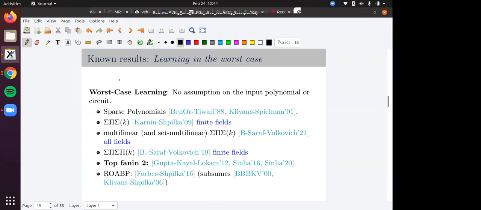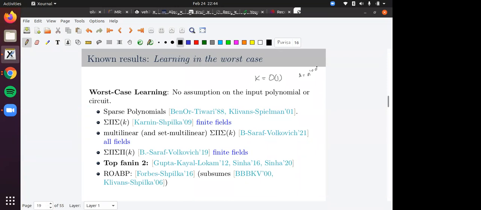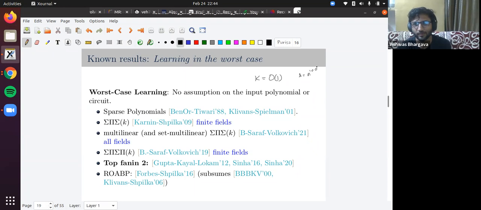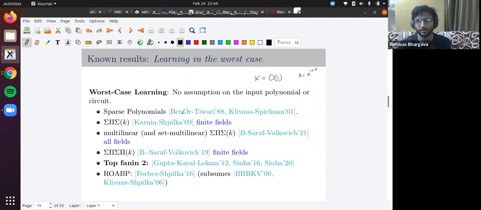In these models, do you know what k is? In this talk, when I write k, it means order 1, let's say 100, and when I write s, think of it like n to the 100. So k is constant. Beyond constant fan-in, it's very hard to get reconstruction, also because of some NP hardness result. Set multilinear depth 3 is a subclass of depth 3, so we don't expect to get a reconstruction algorithm for large k. You have to have some kind of assumption to surpass the NP hardness.